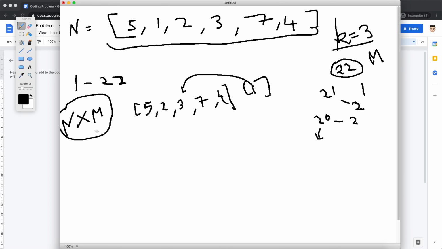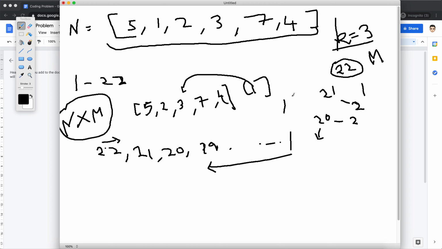Can we do better? Now if you visualize what I'm doing here, I'm doing 22, then 21, then 20, 19, and I'm going down till 1. So I can consider this as an array from 1 to 22, and because it's a sorted array, I can do a binary search instead of a linear search, because I'm linearly going from 22 to 1. In binary search, I add 22 and 1, and what is the midpoint of these? It will come out to be 11.